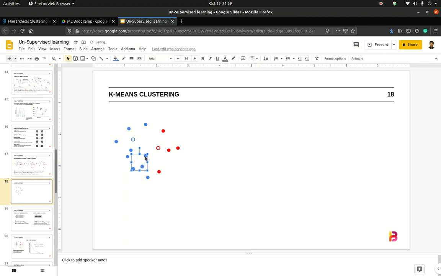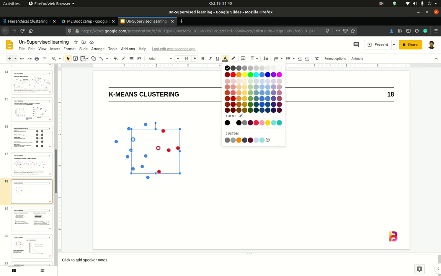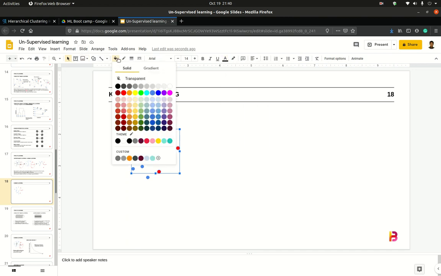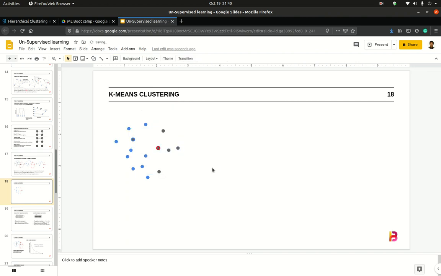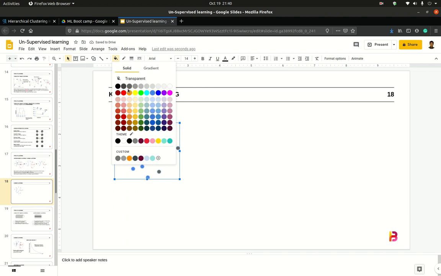Originally you wouldn't know the class, because this is unsupervised learning. We wouldn't know the class of anything at all. All of this would just be data points. So let's start like this.